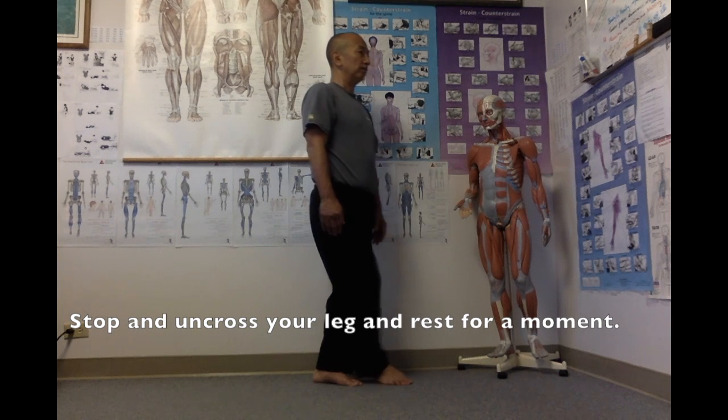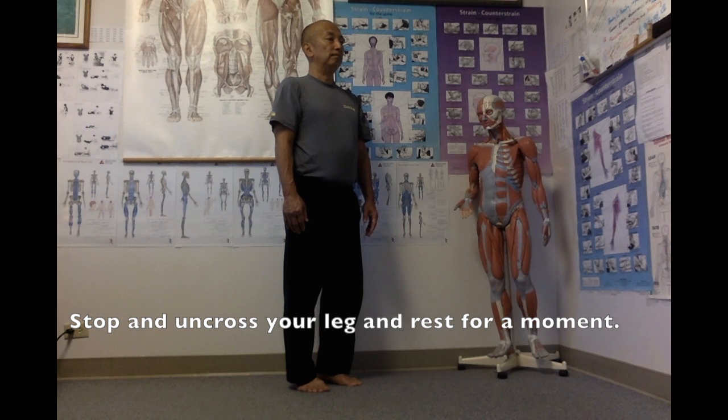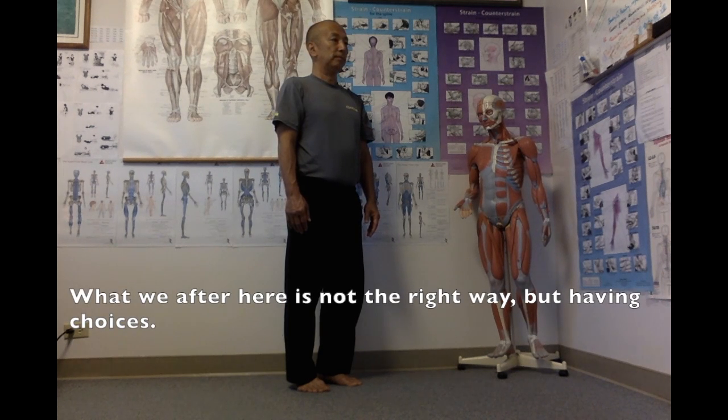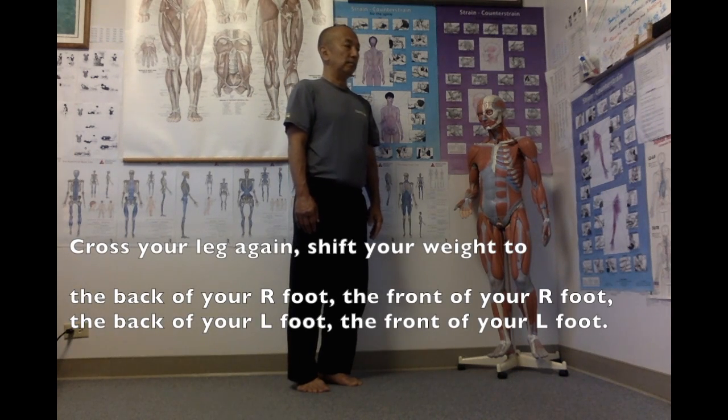Stop and uncross your leg and rest for a moment. What we are after here is not the right way, but having choices. Cross your leg again, shift weight to